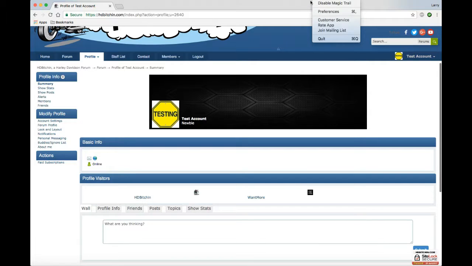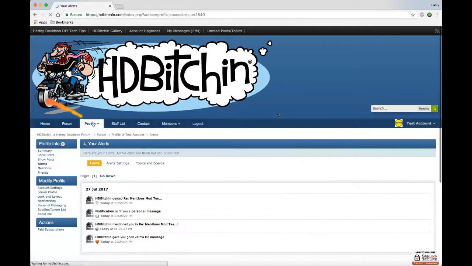So right here where my mouse is, the alerts are going to be one way of getting to alerts. If I click on that, and go to test account's alerts,